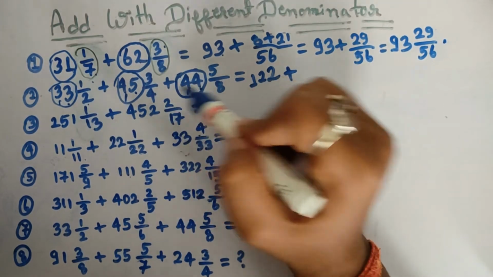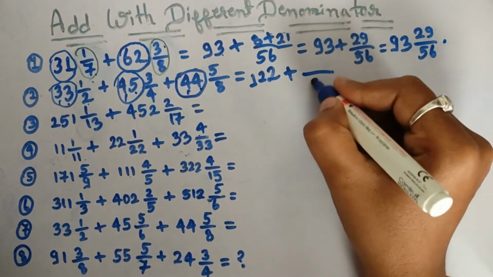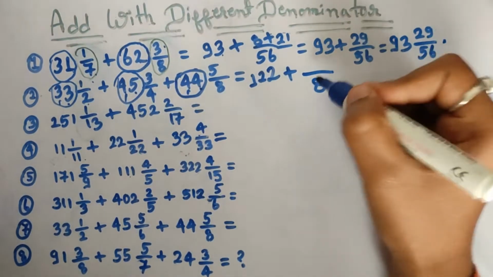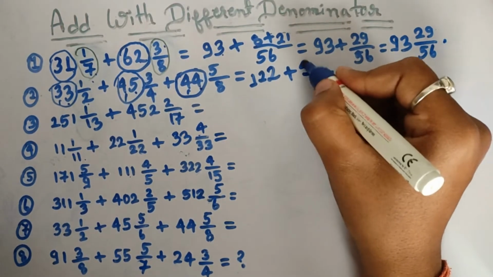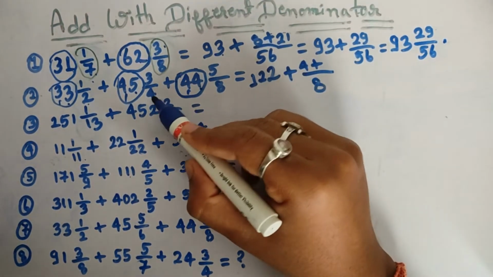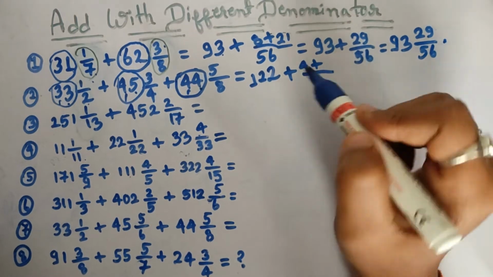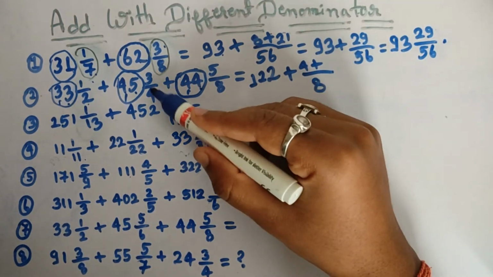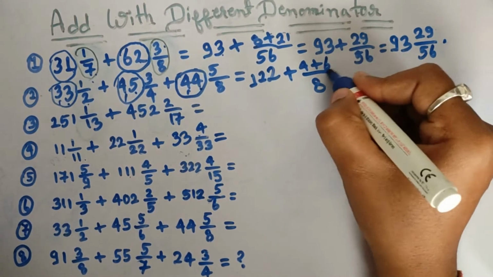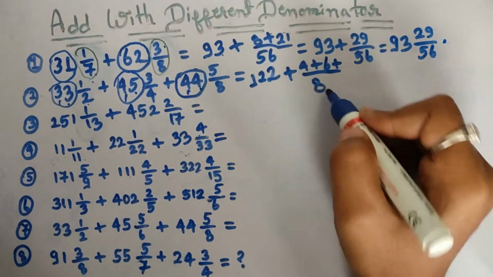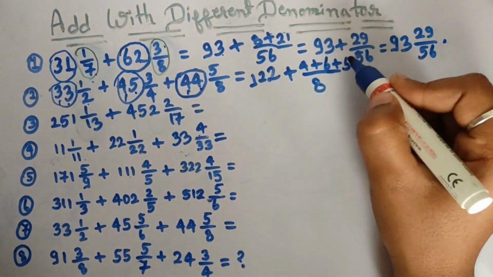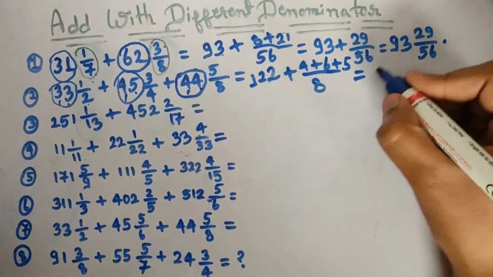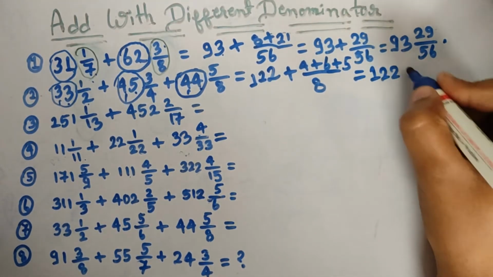The LCM of 2, 4, 8 is 8, as you know. Now 8 divided by 2 equals 4, plus 8 divided by 4 equals 2, 2 into 3 is 6, plus 8 divided by 8 equals 1, into 5 equals 5. So you can write it as 122 plus